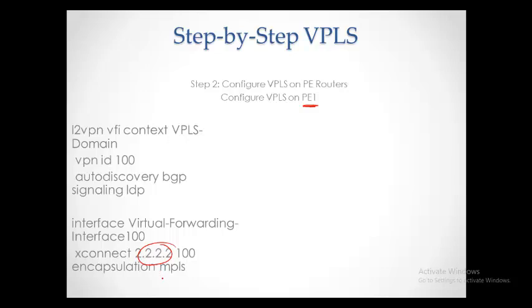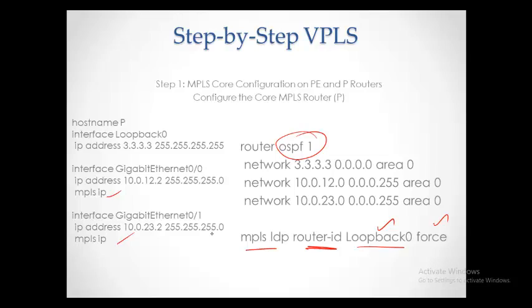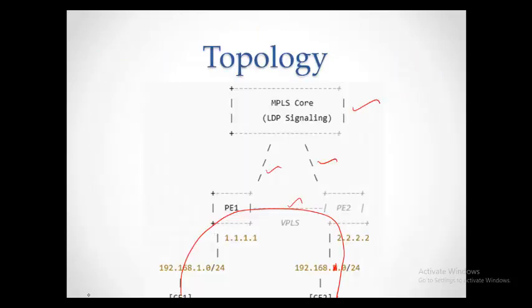This is not a new command for you. This is the same command we did in the previous class. But the difference is this. In the previous class, we configured this right under the customer facing interface. You remember? We went to the interface here and we said no IP address, and then we said xconnect, and then we said go and negotiate with this guy. Likewise, we went to this interface, we said xconnect, go and negotiate with 1.1.1.1 encapsulation MPLS. But